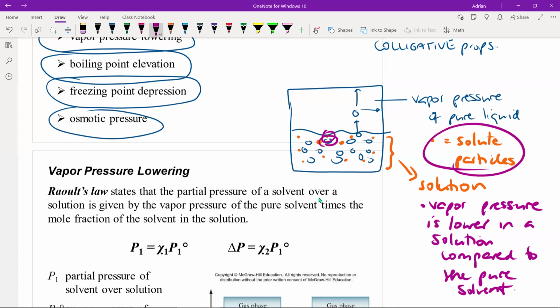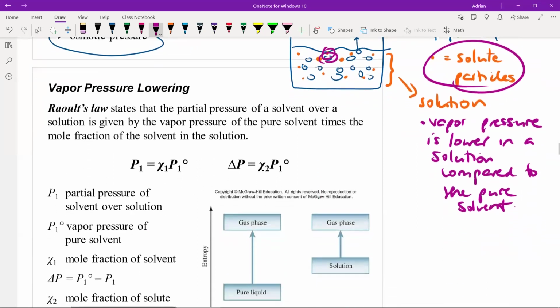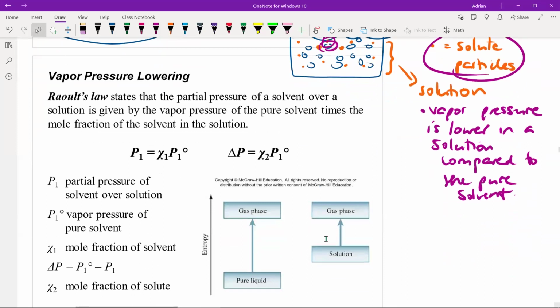The more solute particles you have, obviously, the more that prevents the solvent from going to the surface and vaporizing, which would leave fewer solvent particles in the vapor phase, which would make the vapor pressure a lot lower. So that relationship can be summarized in another law known as Raoult's law, and that says that